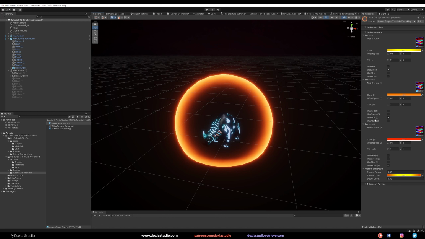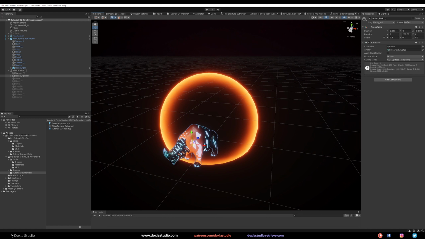Let's put our rhino on the side. And as you can see, we are starting to get feedback, like our Rhino is crossing the boundaries of that sphere. And you can come here, and if you want, you can decrease this or increase. That's pretty cool, right? So with this little effect, you can get the Fresnel to get the boundaries. Let's increase this even more. And you can get the depth effect. And it's using the same color. So you can play with this to get really nice boundaries.